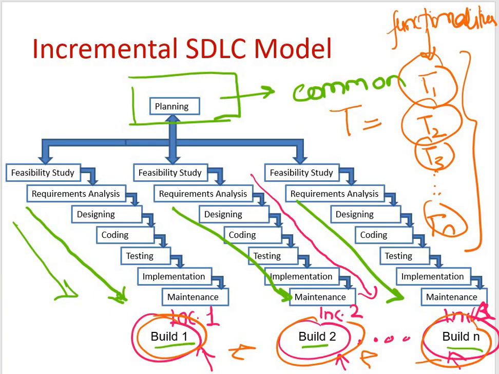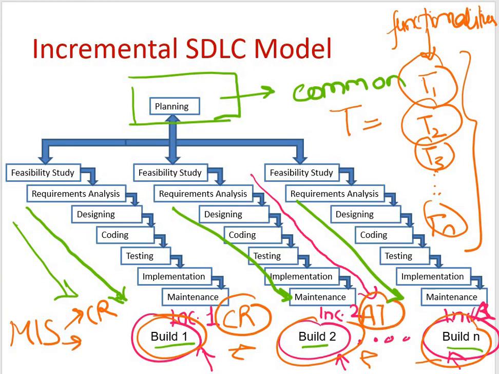For example, take your MIS application. Let me say that for me the course registration is crucial. So in build 1, I came up with a course registration module. In build 2, the attendance management system is important for me, so I came up with this. For build n, let's say inventory management was there, so for build n, I came up with the inventory management system. So what I have done is I have divided the complex portion into small tasks, and it's like divide and conquer.